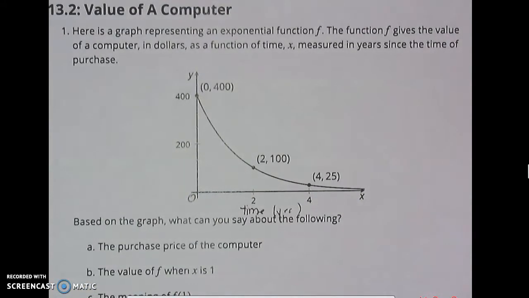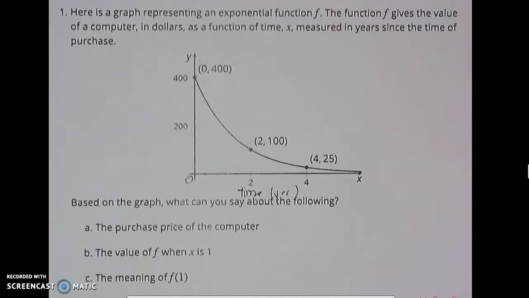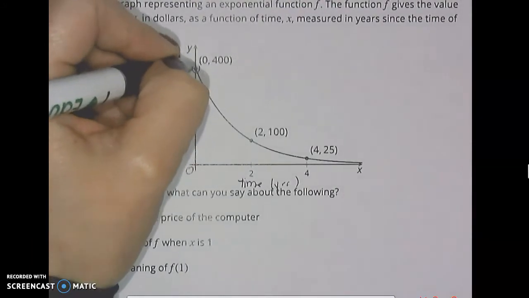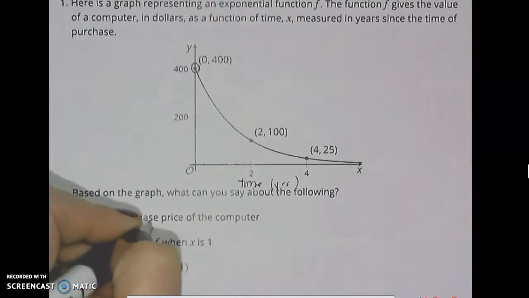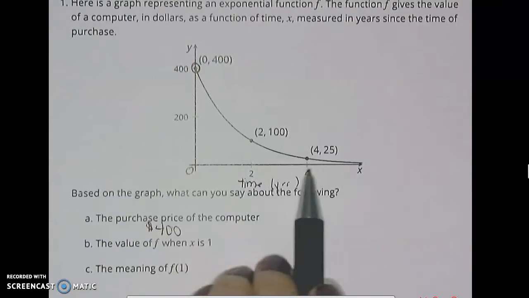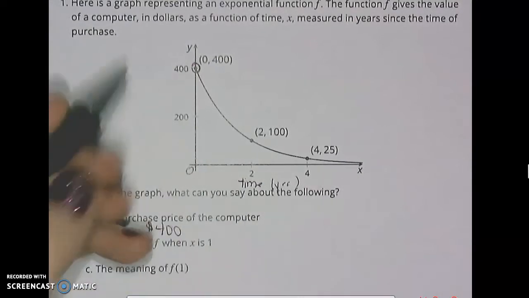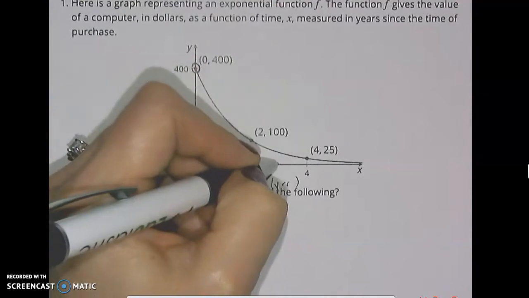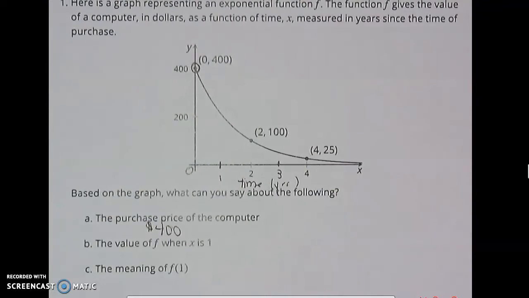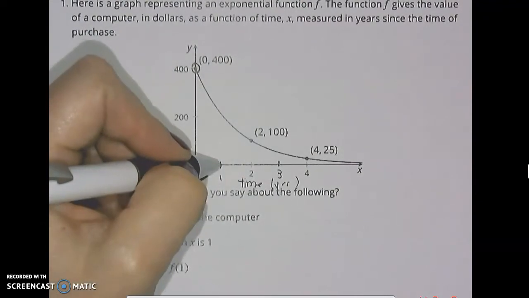All right, so based on the graph, what can you say about the following? What is the purchase price of the computer? So if we're looking at this graph, we find the purchase price right here. That's the starting amount, so $400. Now, the next question asks us the value of f when x equals 1. If you look here, it doesn't count by ones, but we would need to be somewhere right in the middle here. Okay, so this would be 1, 2, 3, 4, and it would keep going from there. So with this, at 1,